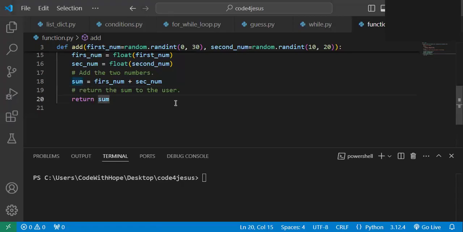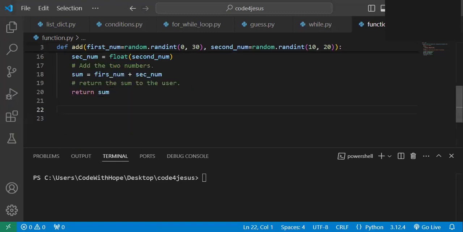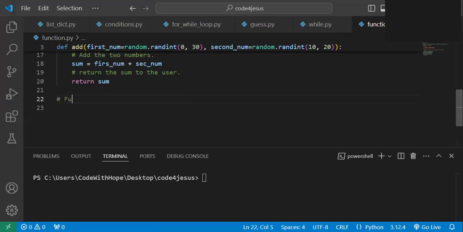So perfect, we are done with our very first function. Now, remember, all that was done from line 3 to line 20 is what we refer to as the function definition. Now, let's call our function. Let's comment it as function call. Function call. Now, let's call our function by saying